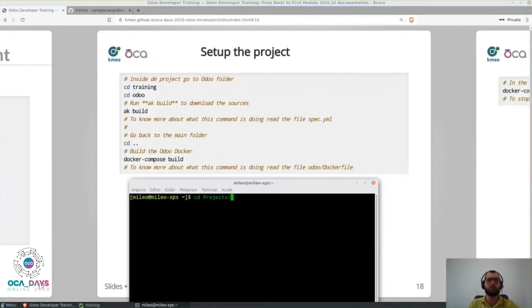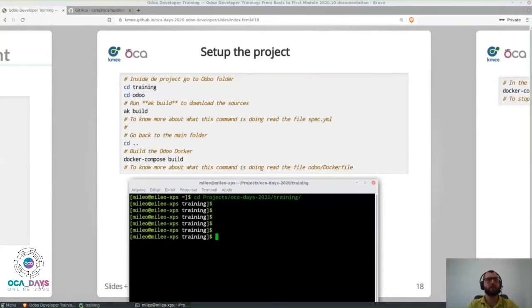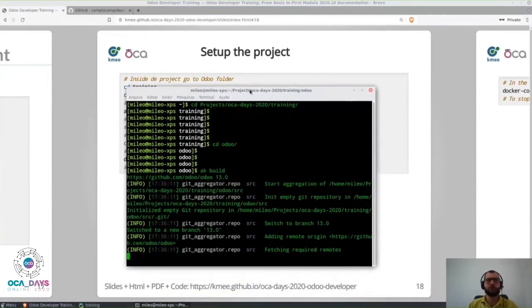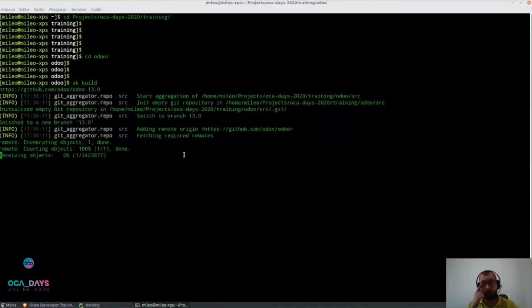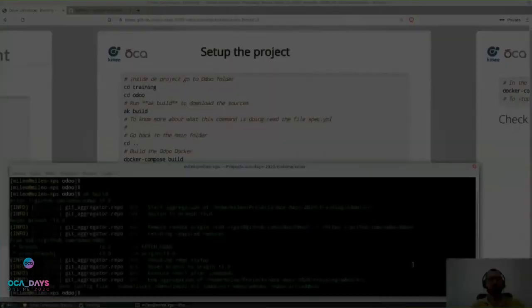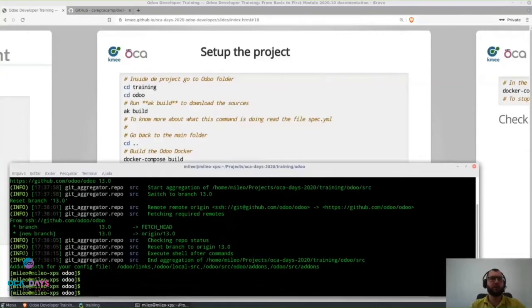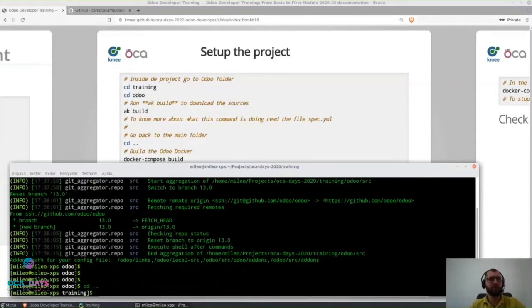Okay, let's check your project directory. And I will enter the folder Odoo. We make an OCA build. This command takes a while, because it's downloading the Odoo source code. Okay, when the OCA build finishes, we have to come back to the main folder and